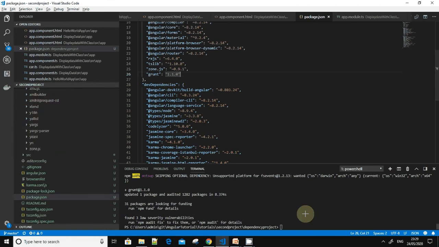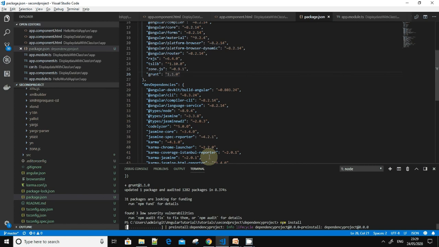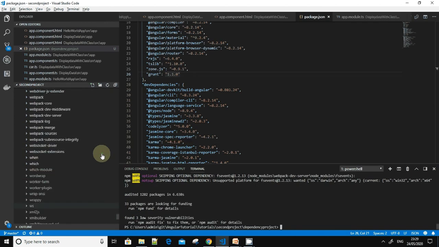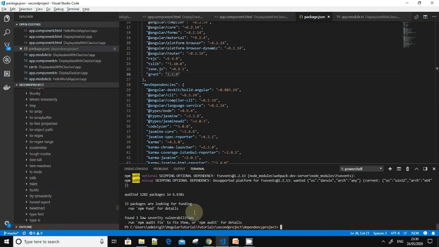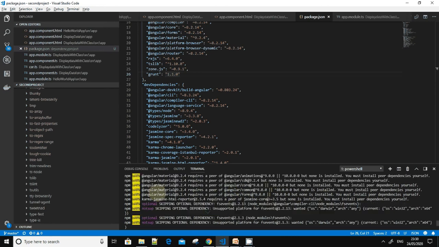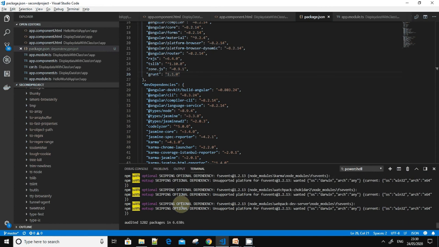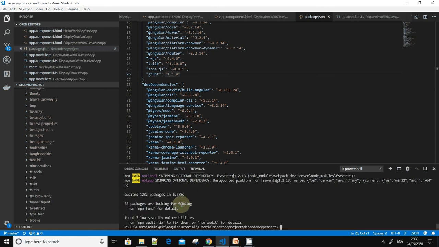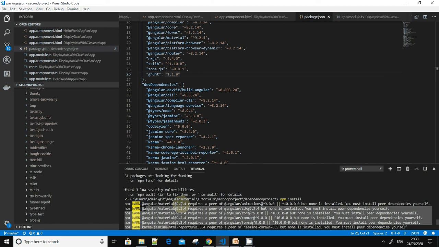Once I have edited the package.json, you have to type npm install. What npm install will do is check for the newly added packages in this package.json, and it will download them from the internet for you. After npm install, you can see that it has added a couple of dependencies, and it has also downloaded the grunt package for you into the dependencies.